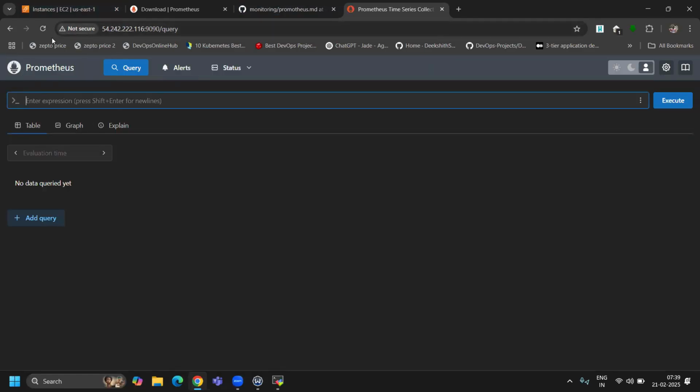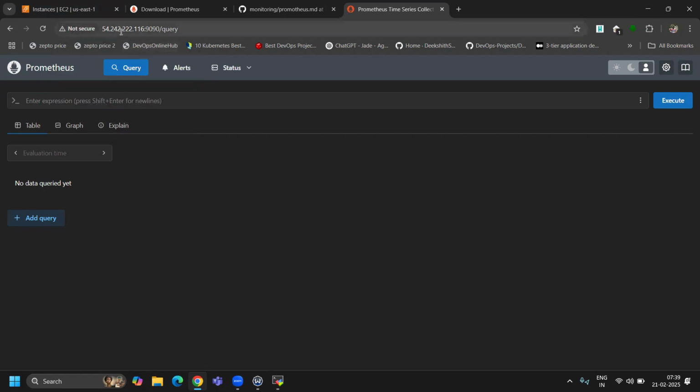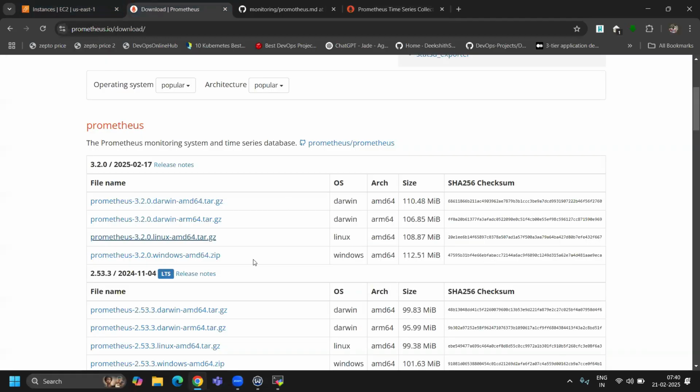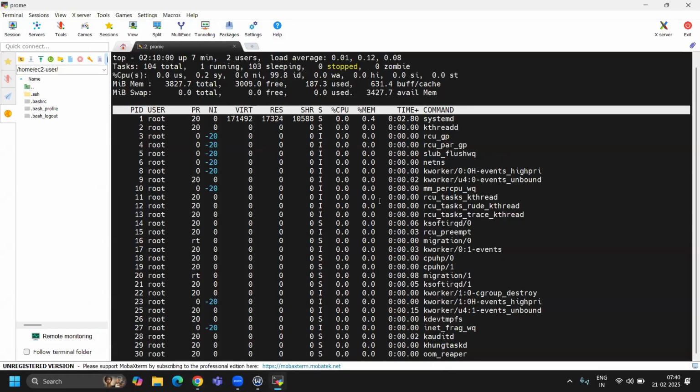See, we are using HTTPS, right? So we are able to see the Prometheus dashboard. We can also see it in the Prometheus YAML file. If you see, by default